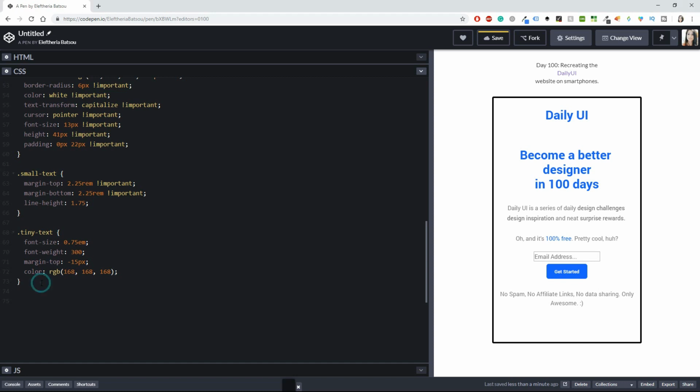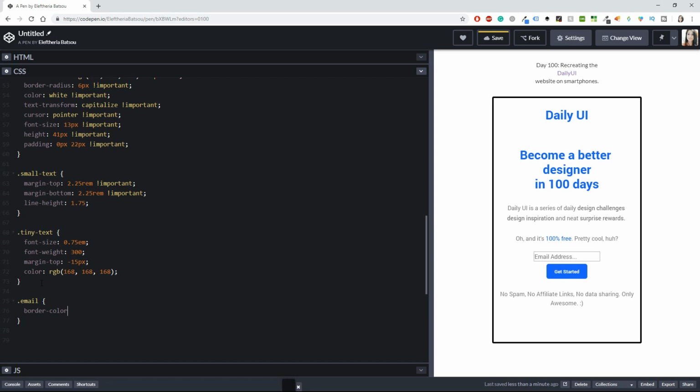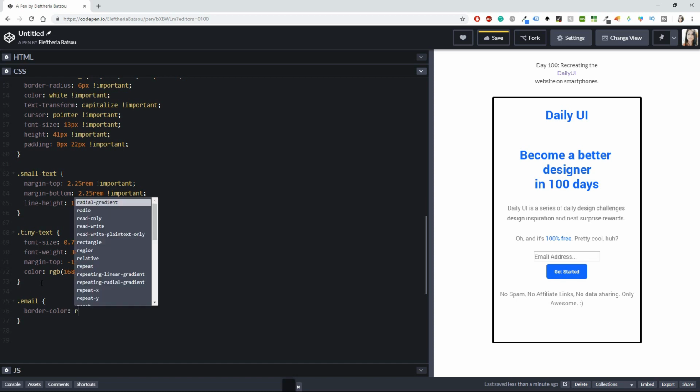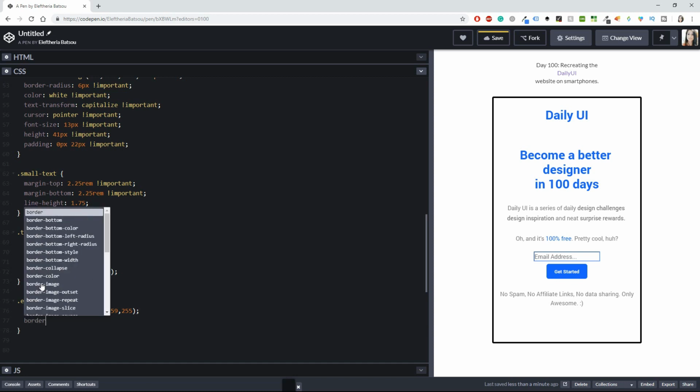Now as for the email, because we are not yet done, we have to write quite a few things. The first one is going to be the border color. Again, I'm going to use the RGB, and let's say it's 110, then 159, and then 255. Okay, cool. After that I will need a border radius,